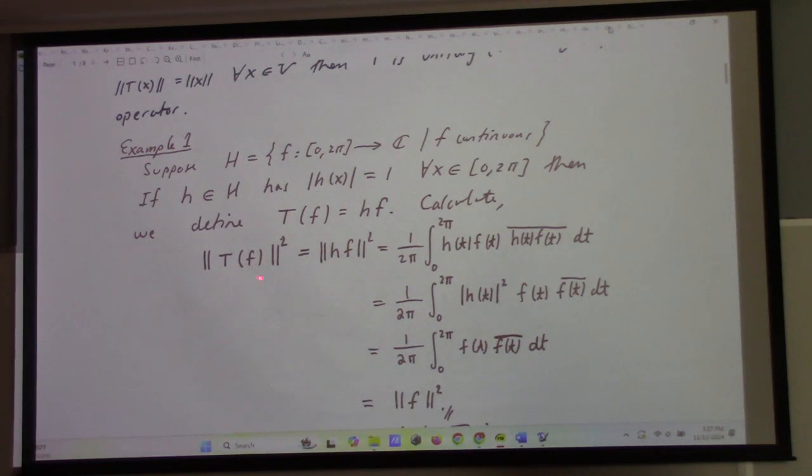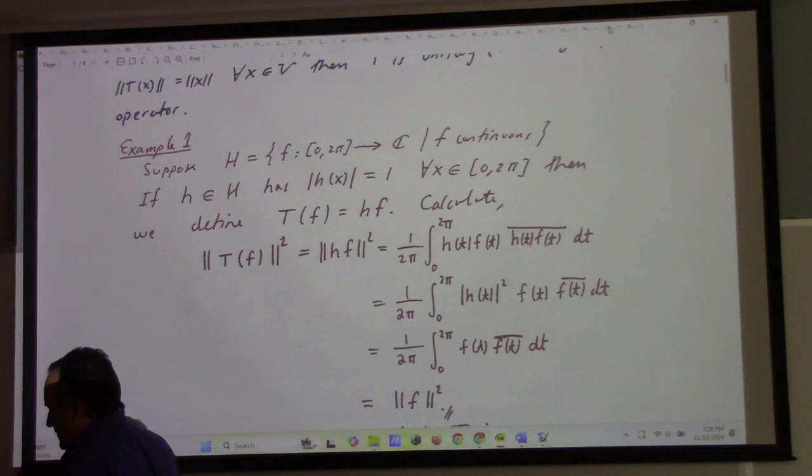And if you calculate the length of T of f squared, that would be this squared, which would be this in terms of, this is how we define the norm, right? The inner product of the vector with itself. And as such, we get h with h bar, which is the length of h squared, and then f with f bar, or f conjugate if you like. But this is given to be 1. Uh-oh. This is given to be 1, and lo and behold, we're back to the length of f squared. So that transformation preserves the length squared of the vector, which means it preserves the length. Therefore,